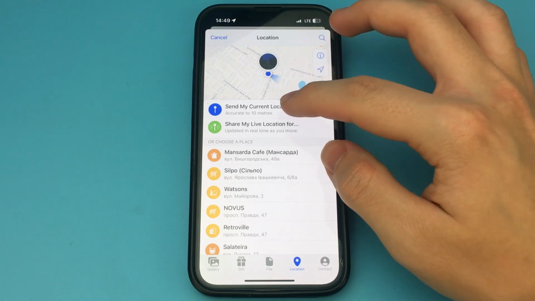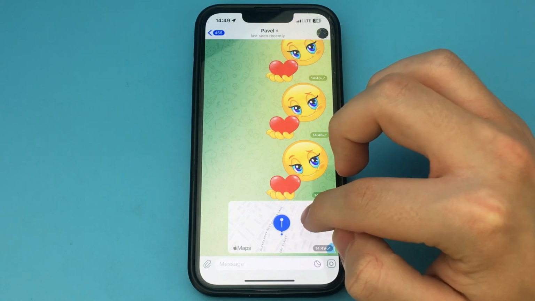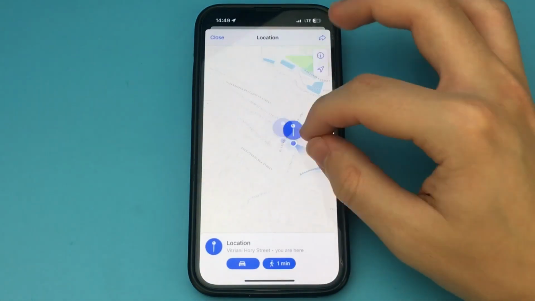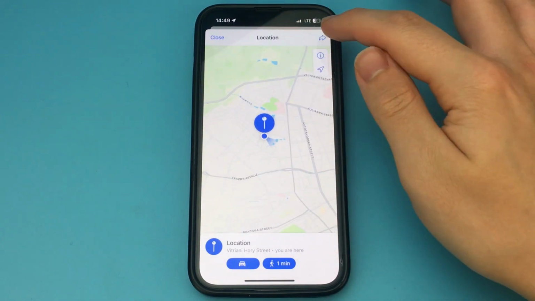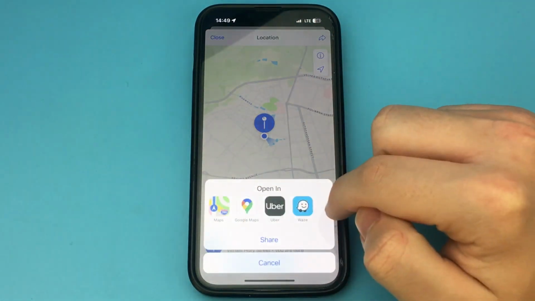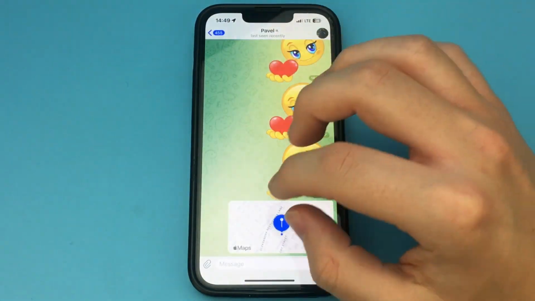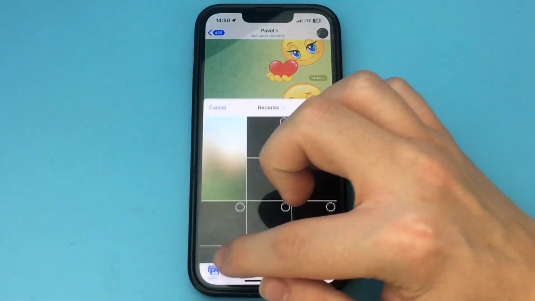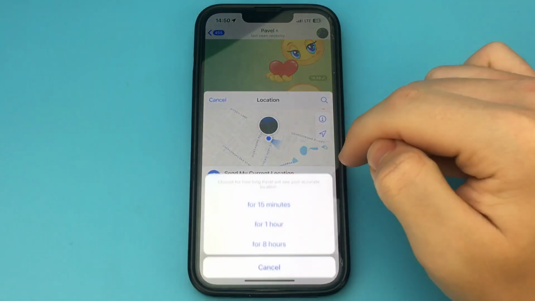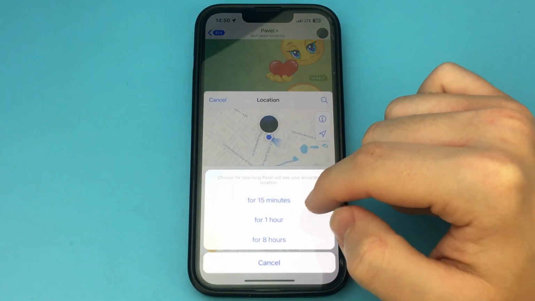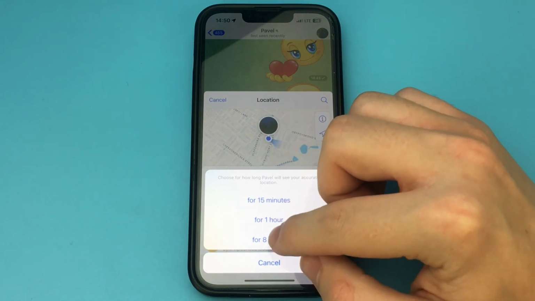If we want to send our location so that the person can see our movement, we click Share My Live Location For. Click here and go into the settings. Here we allow access to our location. Choose Always. Go back to Telegram and choose the time we want. For example, 1 hour. To finish showing the location, press Cancel. The method is relevant in 2024. That's the easy way.